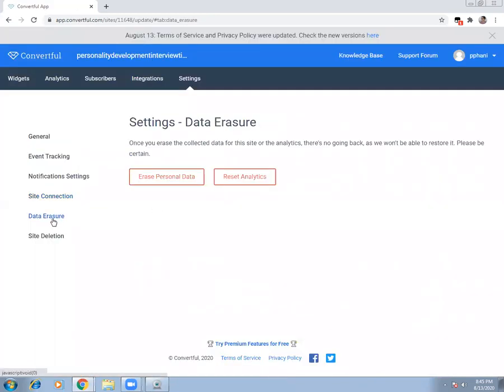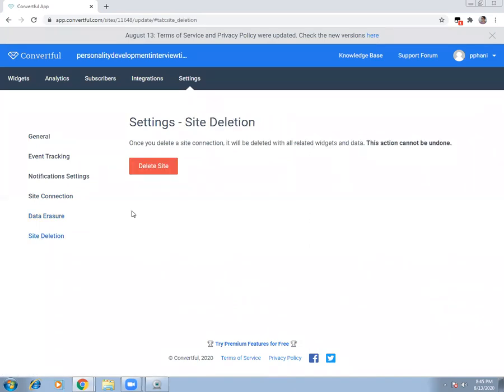And similarly, you can check it out. You can erase your data. You can reset everything that is possible. And you can also delete your site. If you say delete site, this means Convertful will no longer be connected to your website anymore.